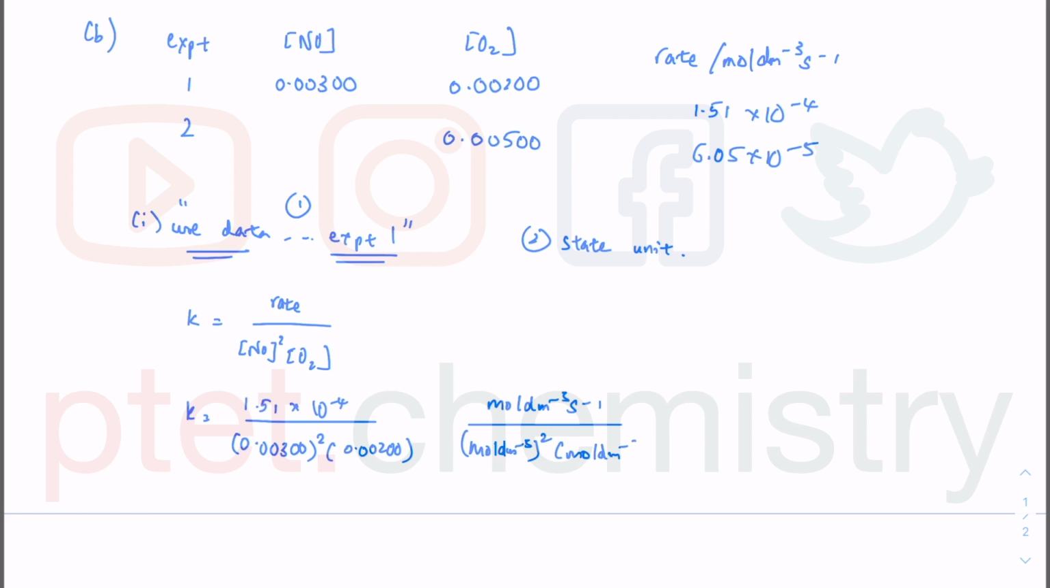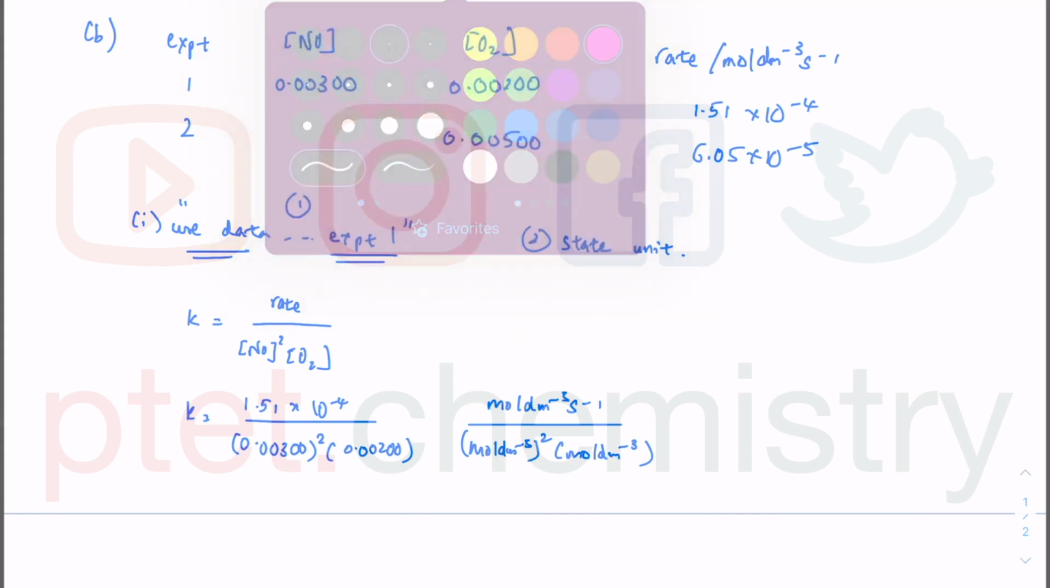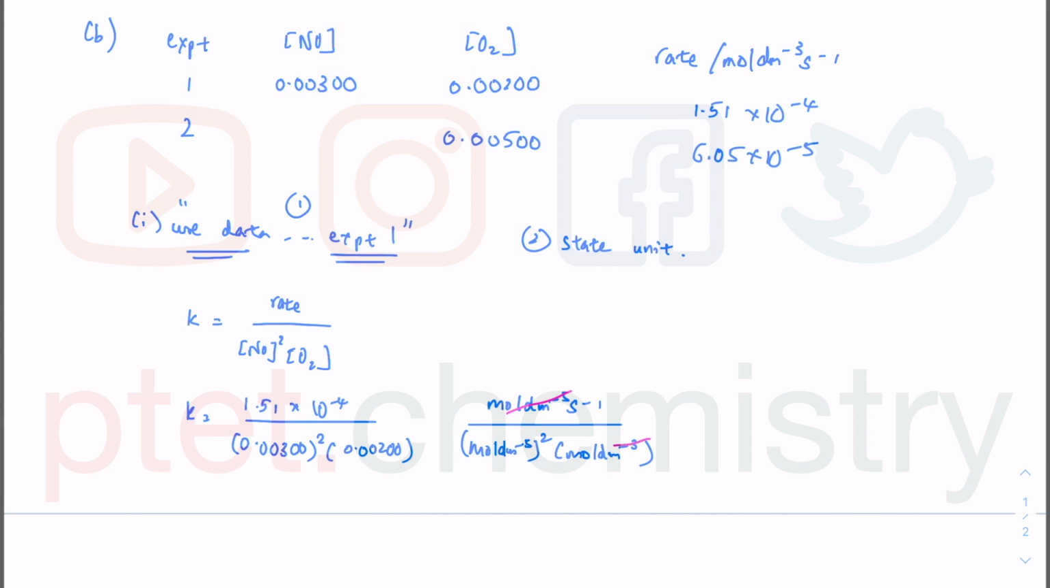I've always made it a habit of mine not to expand anything unnecessarily. In fact, what I'll do is I'll just write down as it is, and then hopefully you can see that the mole per dm cube and the mole per dm cube cancel out. If I do expand the whole thing out, I'll be doing unnecessary mathematics. I might make mistakes, and I might actually spend a bit more time on that rather than focusing on the more important stuff. Okay, so what happened is that k is equal to